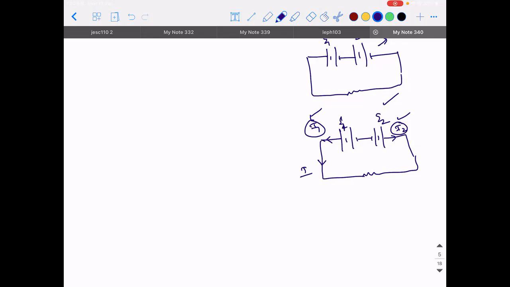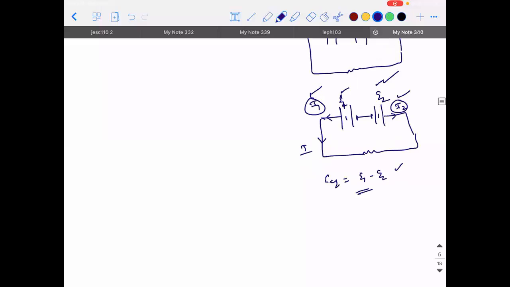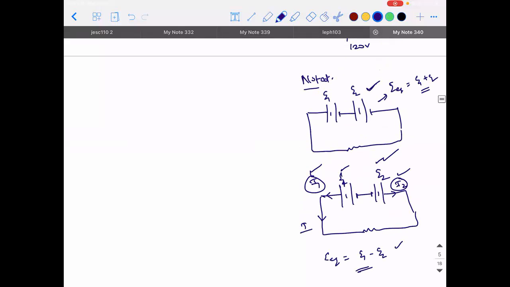Here also E1 and E2 are in series only, because in a series connection, what is the important condition to be satisfied? The same amount of current should flow through both the devices. But the only difference is that here E equivalent is no more going to be E1 plus E2, rather it will be E1 minus E2. So when will you apply minus, guys? When the negative and the negative are connected, or the positive and the positive are connected. Whereas when the negative is connected to positive or positive is connected to negative, you will be using E1 plus E2. So make a note of this point.